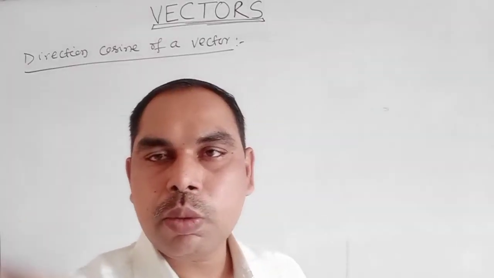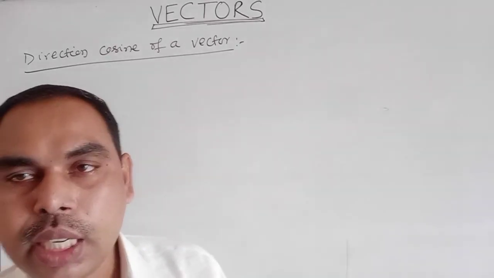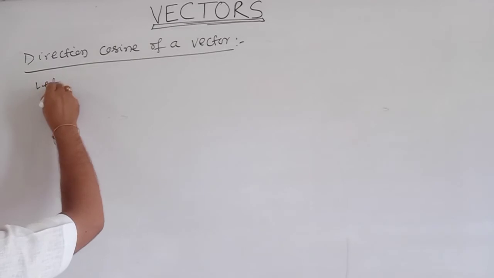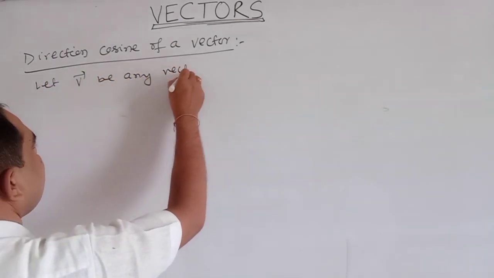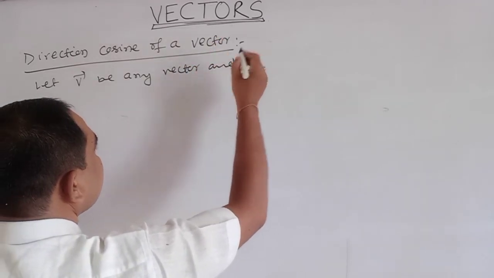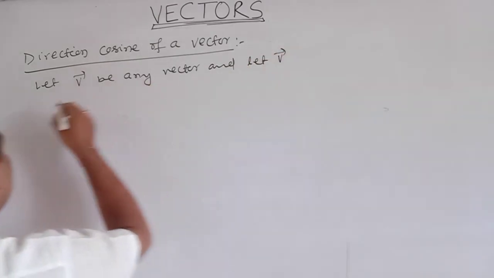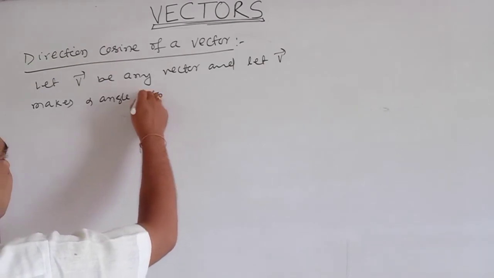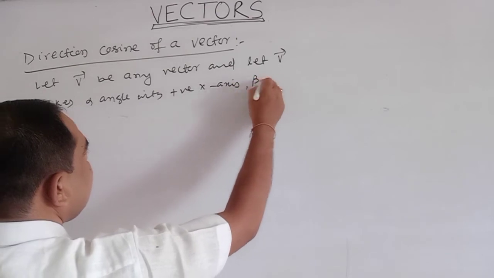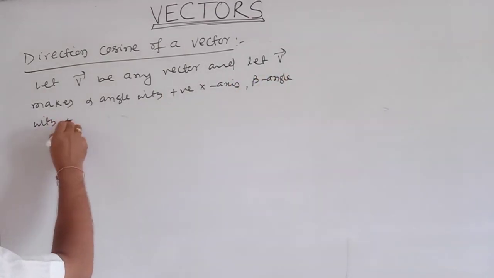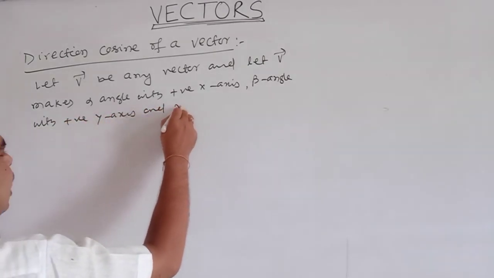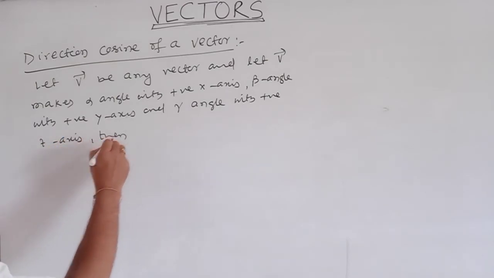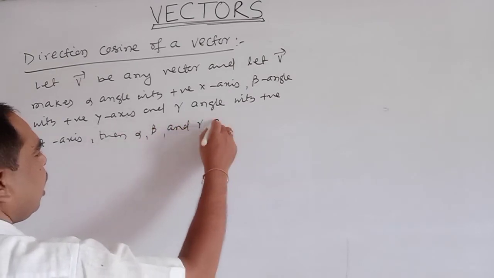Okay, next one: direction cosine of a vector. Let V be any vector and let V vector make alpha angle with positive x axis, beta angle with positive y axis and gamma angle with positive z axis. Then alpha, beta and gamma are known as